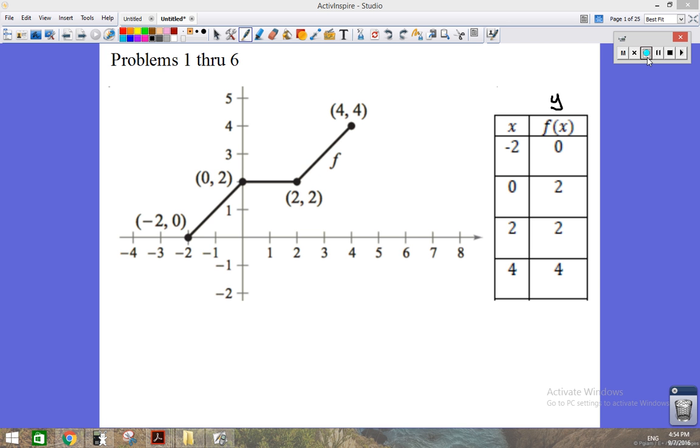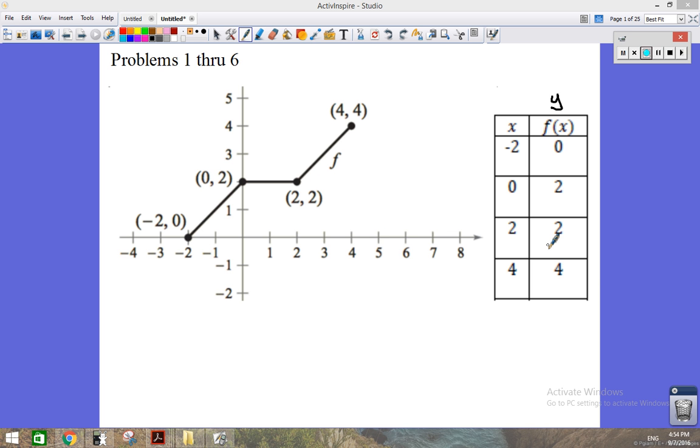Let's take a look at these problems from this function transformations in skill packet number 2. The first 6 problems all are in reference to this same piecewise function. This is just 3 line segments that have been pieced together. The coordinates of the endpoints I've labeled here on the graph, but I've also written those in a table below